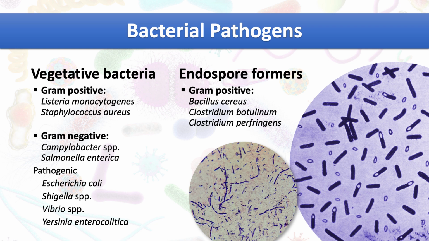Most of the bacterial cells are vegetative cells, but some gram-positive bacteria can produce endospores, which are a non-reproductive form of bacterial cells. Endospores from foodborne pathogens can be a safety concern because they are very resistant to some common treatments. Three common foodborne bacterial pathogens that can produce endospores are Bacillus cereus, Clostridium botulinum, and Clostridium perfringens.